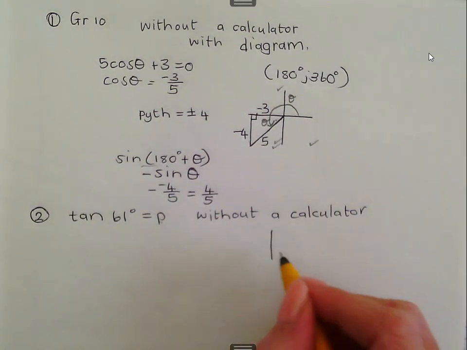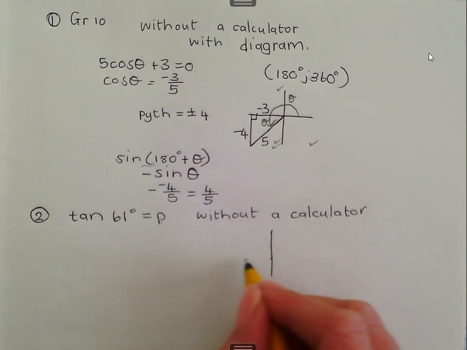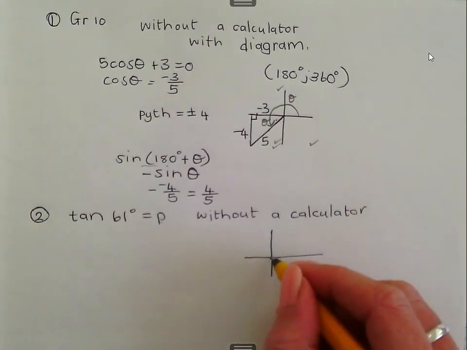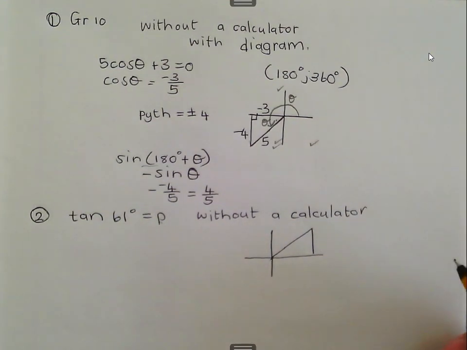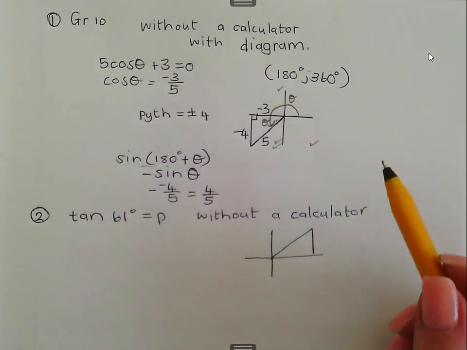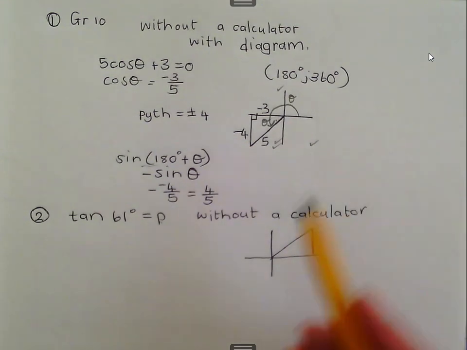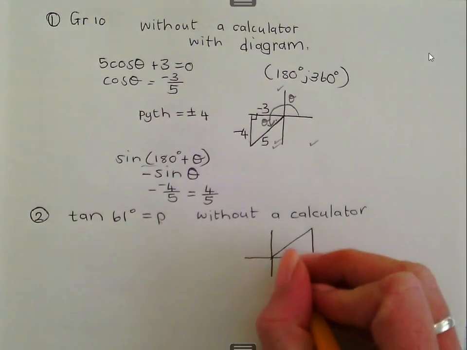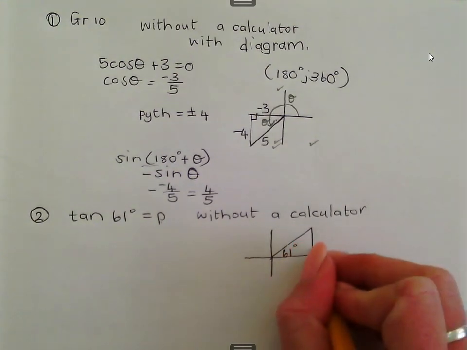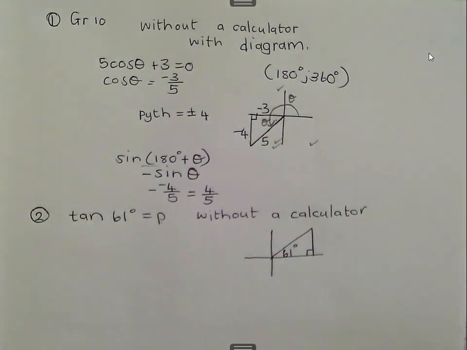Start the sum, sommer klaar, by drawing a diagram. 61 degrees, it's in the first quadrant. Let's say they said it's 200 degrees. The tan of 200 degrees is equal to P. What's that going to mean for us? It means you're going to draw it in the third quadrant and your signs will sort itself out. Do you understand? Okay, so this angle is 61 degrees. That one has to be 90 because we're doing sin, cos and tan.